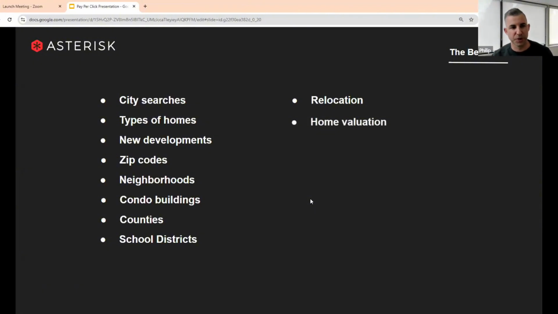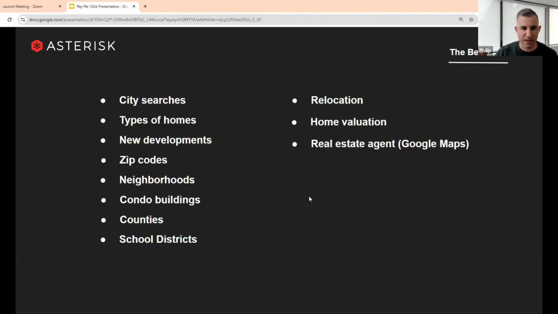You can do people looking for home valuation. So this is more of a seller play. What's my home worth? Zillow's estimate, that type of thing. You can do people looking for real estate agents. So this is fairly high intent. There is the caveat there that